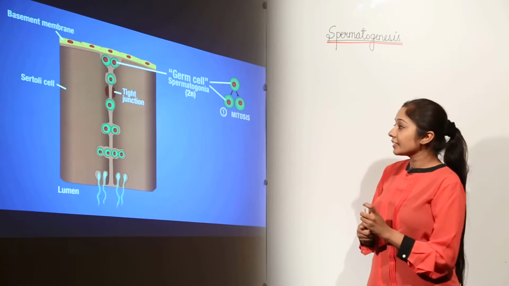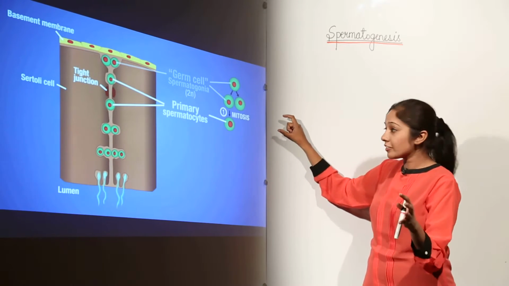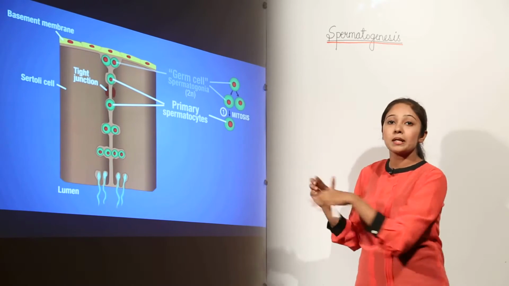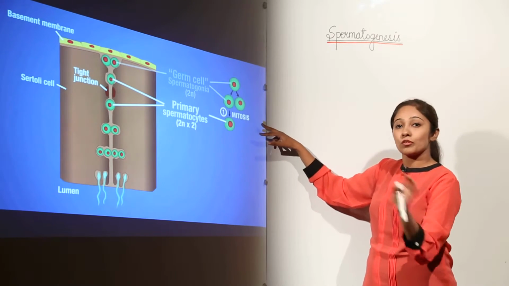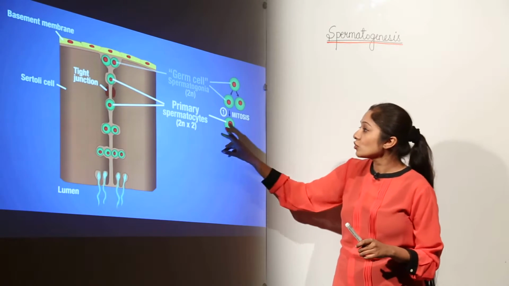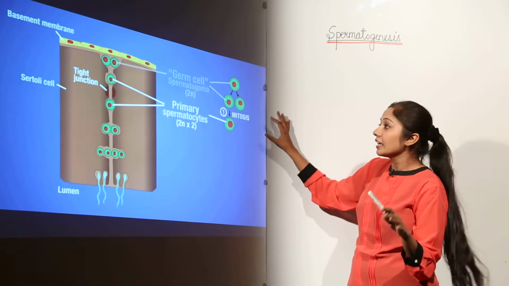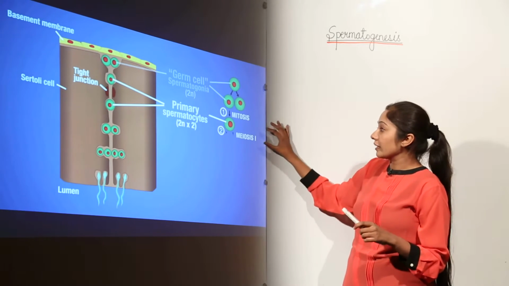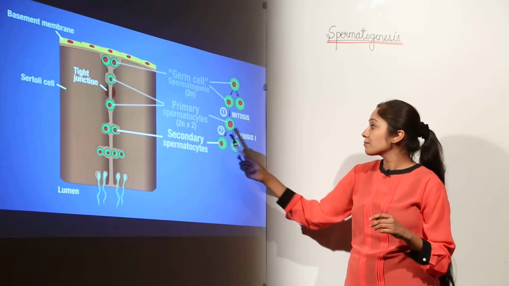After this, you can see that we have mitosis, and this mitosis is an equational division, so it is also going to have what? These primary spermatocytes also are diploid, means they have the original restored number of chromosomes, not the half number of chromosomes. So they also have now 2 and into 2. So we'll have two cells over here which have same way out, that is 46 chromosomes each. After meiosis 1, when we have meiosis 1, we'll have reductional division. So we have secondary spermatocytes.